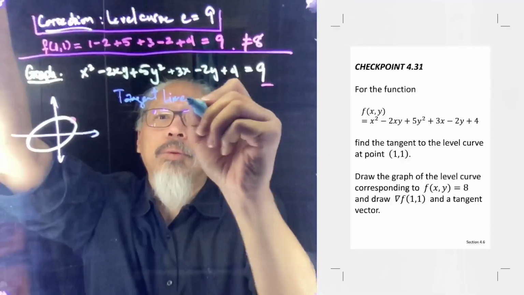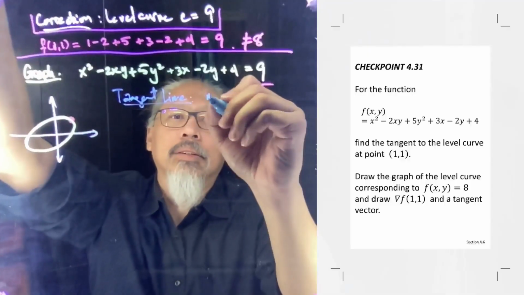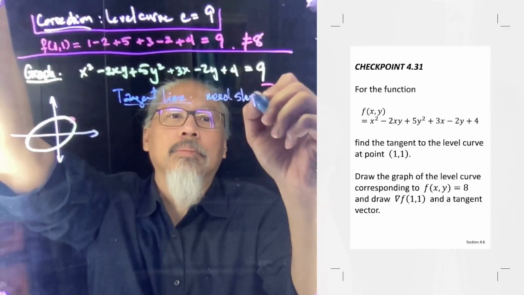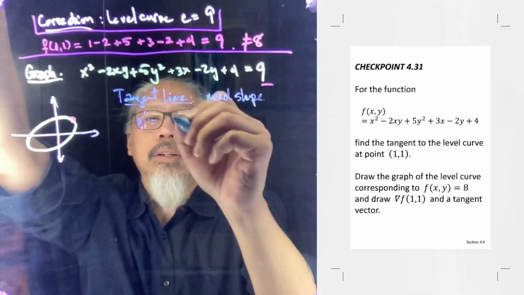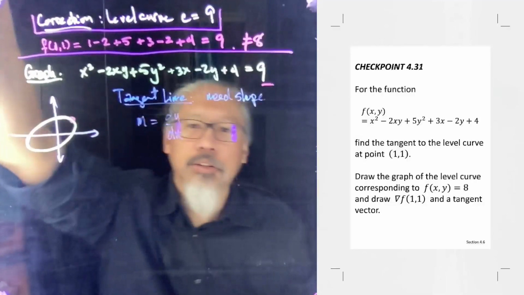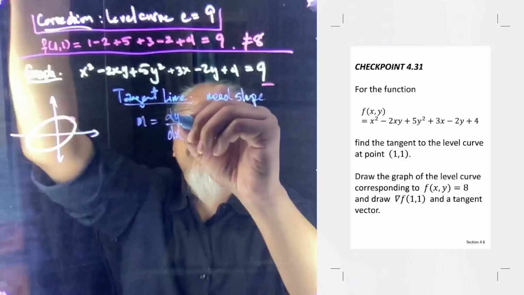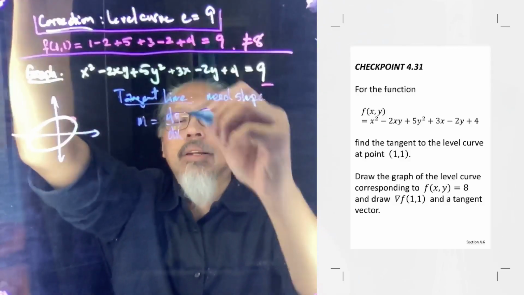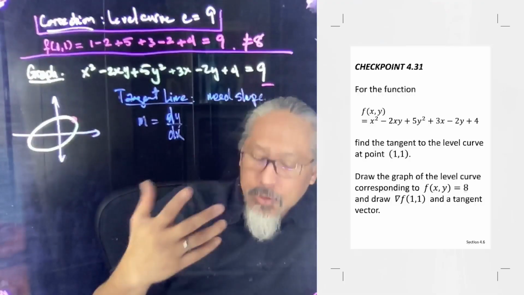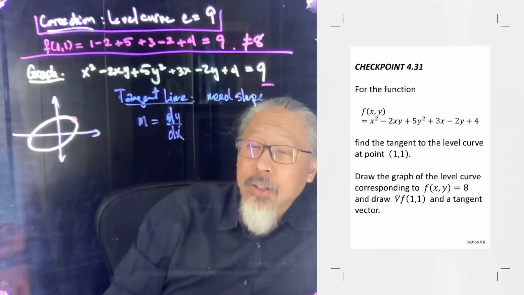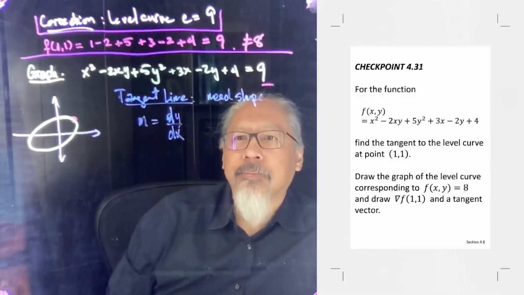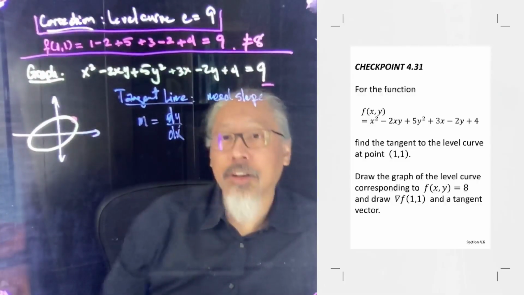For the tangent line we will need a slope. And the slope that we're going to use is dy over dx. It's our usual slope back from our Calculus 1 days, differential calculus days. Back in calculus we would use implicit differentiation, but for us today we're going to use the implicit function theorem,